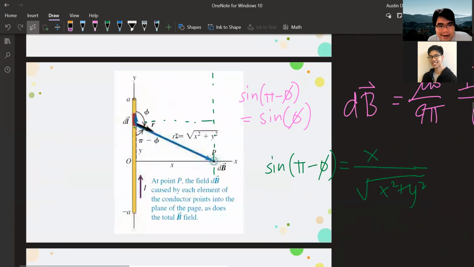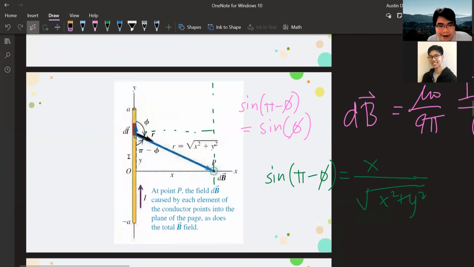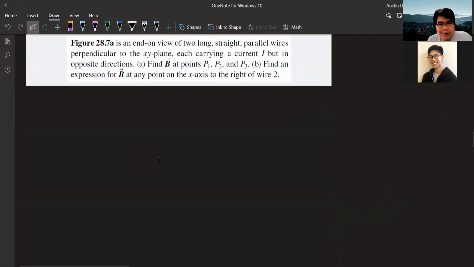carrying wire like this, aalamin mo muna kung paano dumadaloy sa kanya yung magnetic field niya. So, dapat meron kang hint kung ano itsura ng magnetic field niya to do Ampere's law. Okay? So, we know that the magnetic field for this guy is rotating around its axis. So, therefore, ang Amperian loop na gagawin mo